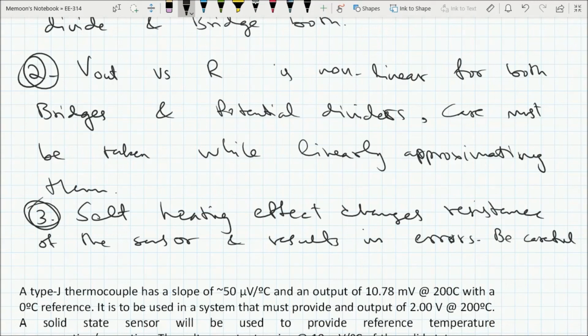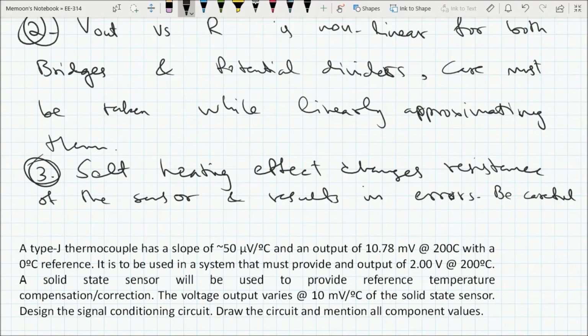In the next lecture, we are going to discuss thermocouples, which have a voltage output for the change in temperature, and that voltage output should be converted into different scales by giving it different gain or by using an offset and so on. So we will be discussing the voltage based sensors in our next lecture.